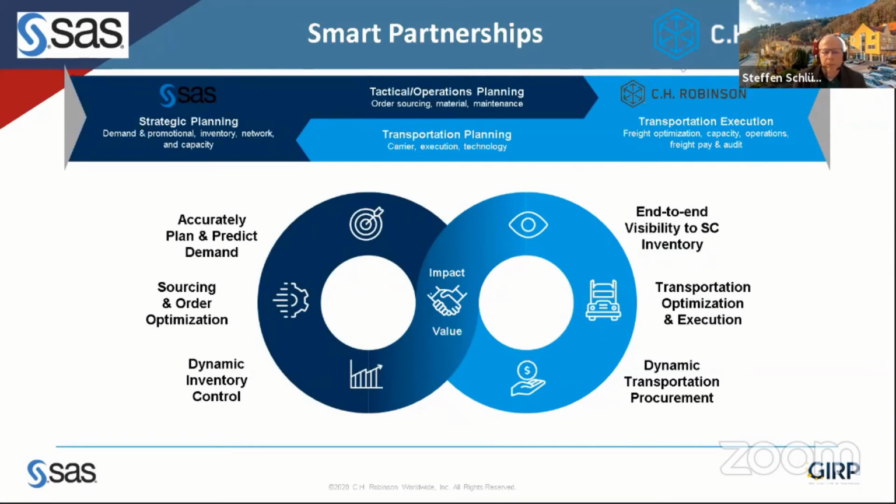We can use event signal processing. That is live analytics, meaning, for example, if you know on a transport that the cooling system wasn't working because you get a sensor alarm from IoT, you can take that information as demand sensing information into your demand plan to understand, okay, my demand was there, but now I have a problem in my execution and an impact. And what options do I have to mitigate this issue and still make sure that my end customer doesn't get an impact by that?